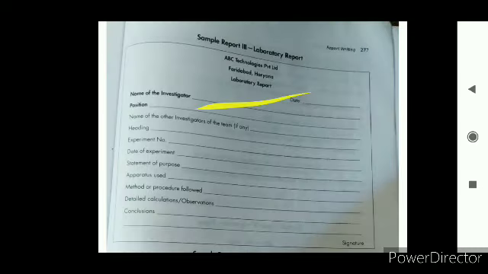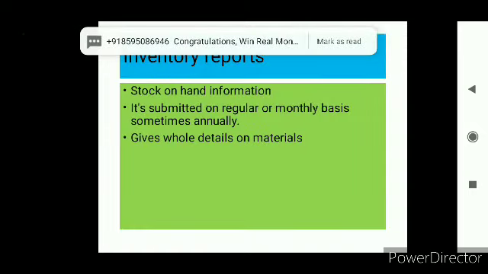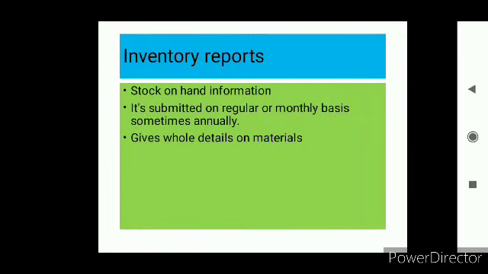Next comes the inventory report. By looking at the name, you must have realized inventory is about stocks, that is, a report you write about the materials and the stocks. Often this type of report is computer generated, and it requires the users to put in the relevant data regarding the stock on hand. These reports are submitted at regular intervals, maybe weekly, monthly or